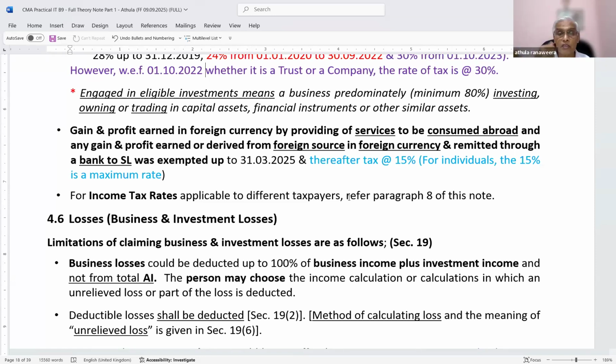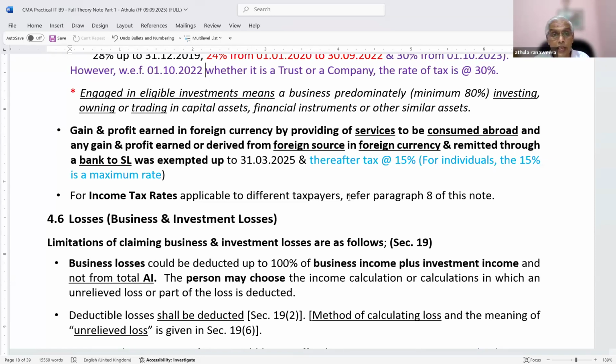If the foreign party transferred this money from one of their rupee accounts in Sri Lanka, you can't enjoy that. You are in a bad wicket, because that is not remitted to Sri Lanka in foreign currency. Then you can't do that.